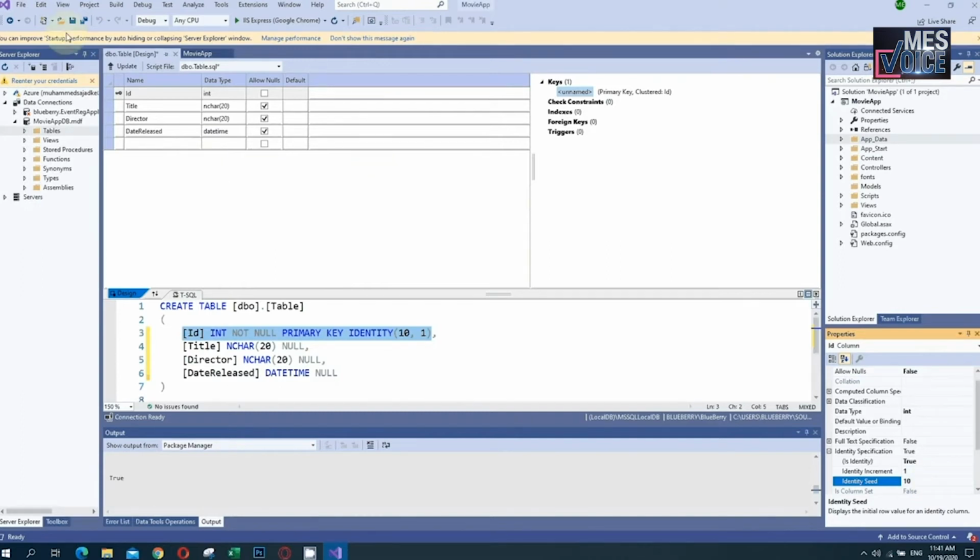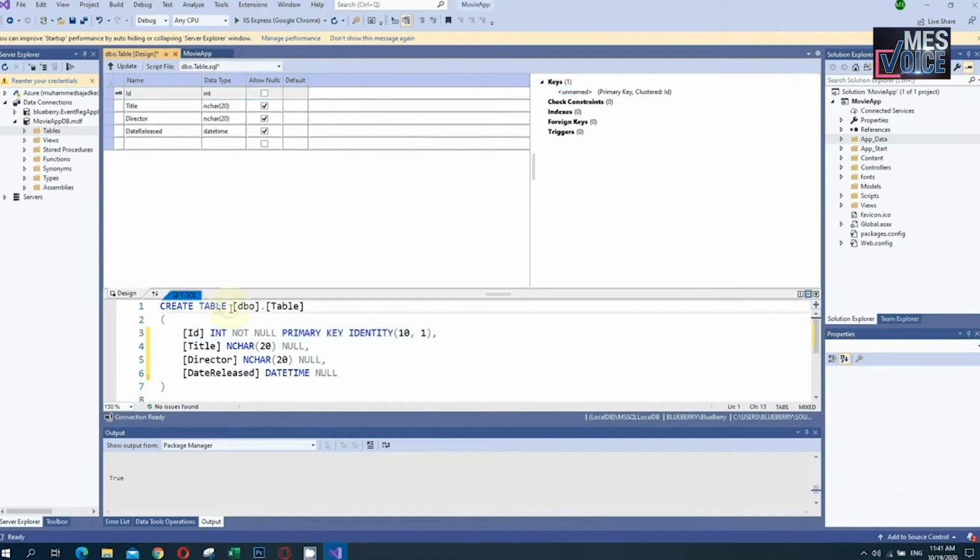Now I have to create the table here. All things are here. Here I am giving the table name.